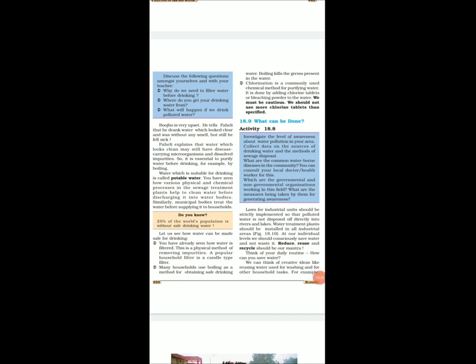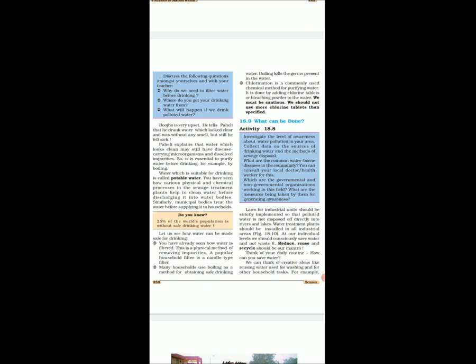germs and dissolved impurities, so it is necessary to purify water before drinking, for example by boiling. Water which is suitable for drinking is called